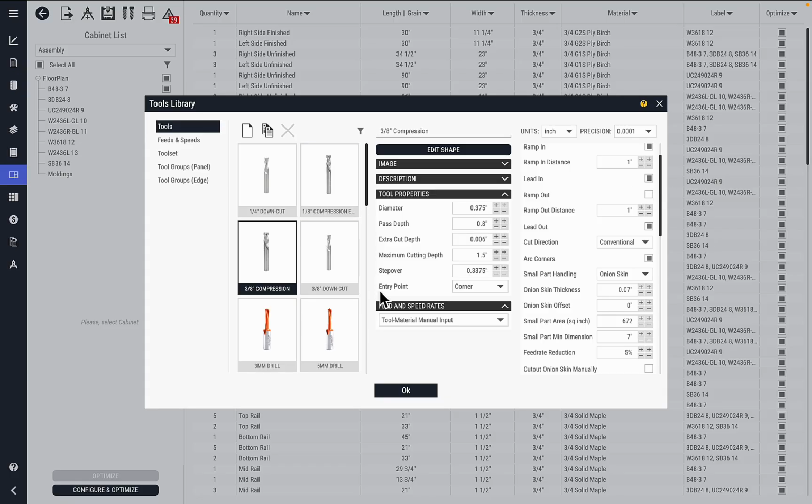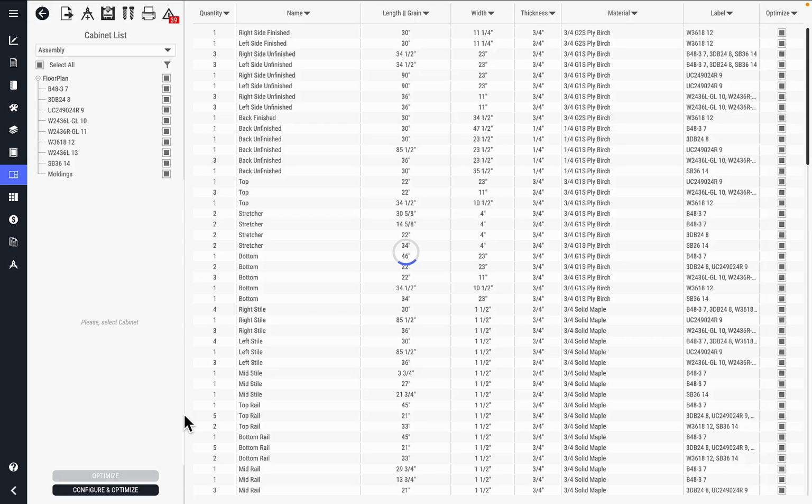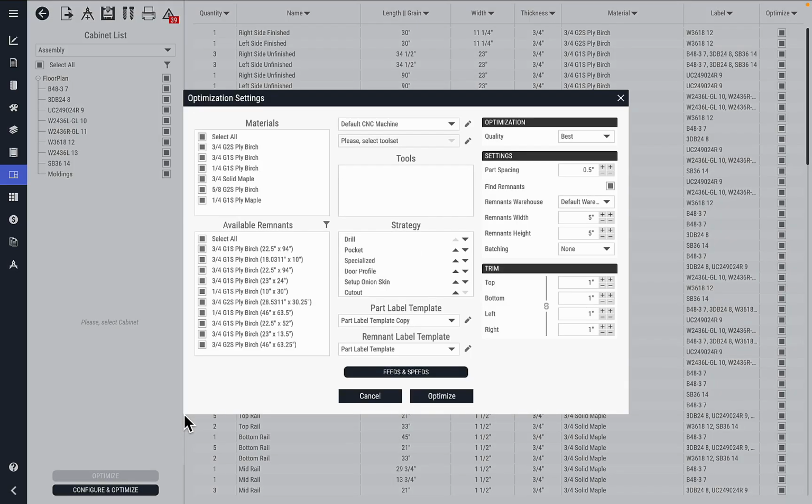Now, of course, if you were to check on lead-in, that would necessarily mean your part spacing has to increase to be able to support that lead-in. So if right now your part spacing is, let's say, 0.4 for a 3/8 inch bit, that's not enough space to have a lead-in, and so it will not be active. In other words, CAD Builder will activate it and calculate it automatically and deactivate it if the lead-in is not